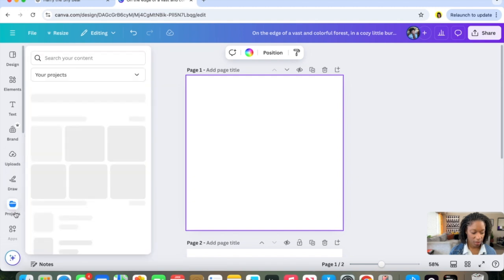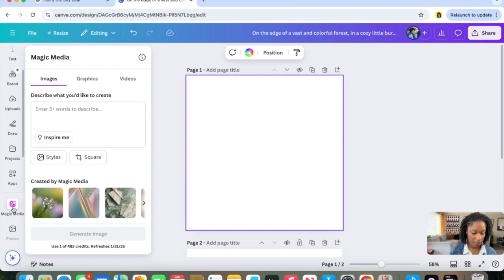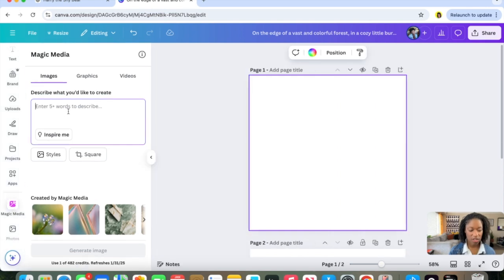So we're going to go down here to Magic Media. And when you select that, Magic Media is kind of like Midjourney AI or DaVinci AI or even DALL-E, which is in ChatGPT. It's just an image generator. You give it a prompt and it will generate a few images for you. So we're going to go and say title page featuring